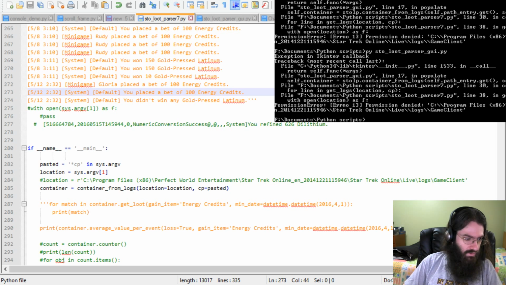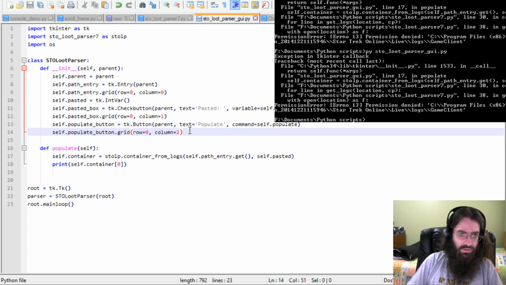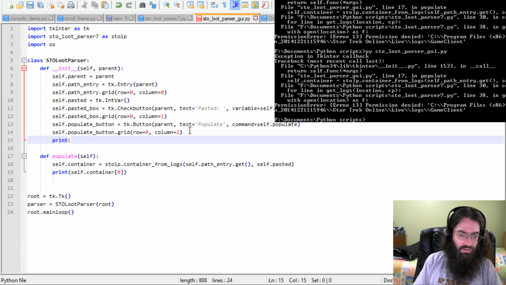As you can see, it's still saying permission denied because we're trying to open a folder and look at all the strings in the folder. That's not how it works. So, to this, and at the end we will print